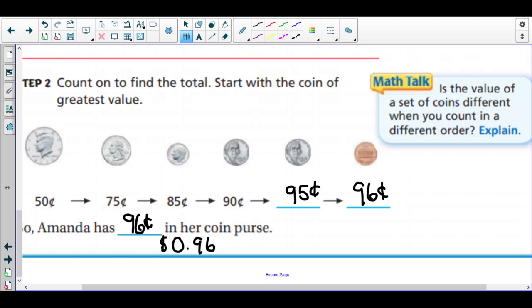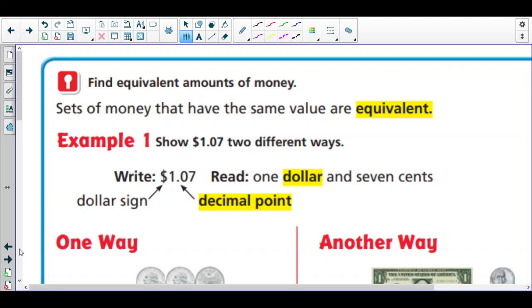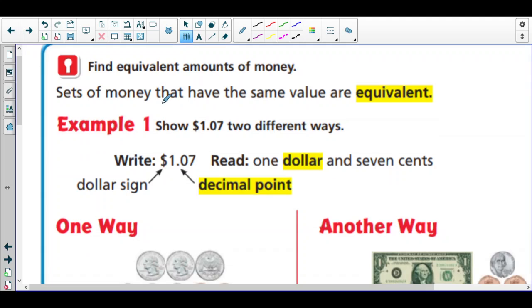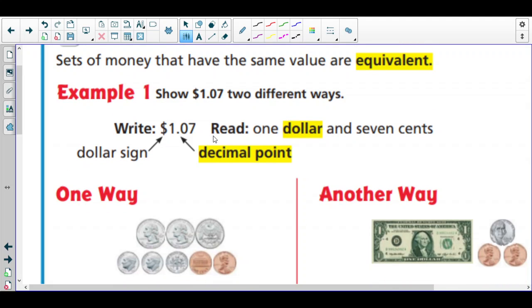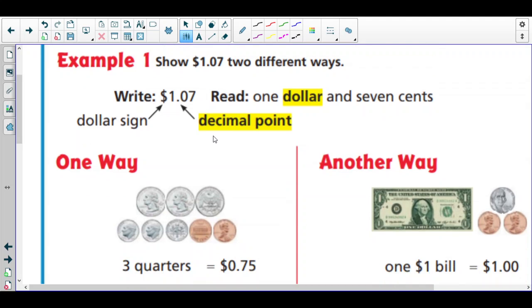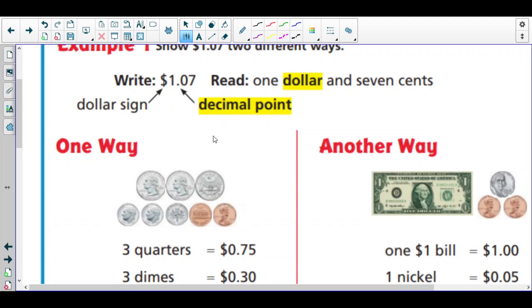All right. Let's move on to the next one here. All right, and that is find equivalent amounts of money. So show $1.07 two different ways. Believe me, there's more than a couple of ways to do this. But we're going to show that we can get